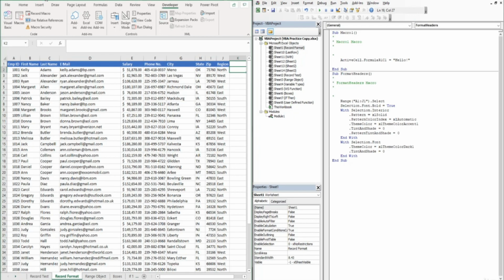For starters, it's not very versatile, meaning that it always does the same thing no matter what. For example, let's say we imported another file that we wanted to format the column headers for, but let's say that this file only has 4 column headers. Well, if we run this Format Headers macro, it's still going to select the range A1 to J1 and format all those cells, even though we only want to format columns A through D, not all the way from A through J. And the programming term for this is called hard-coded, meaning that your code will do the same